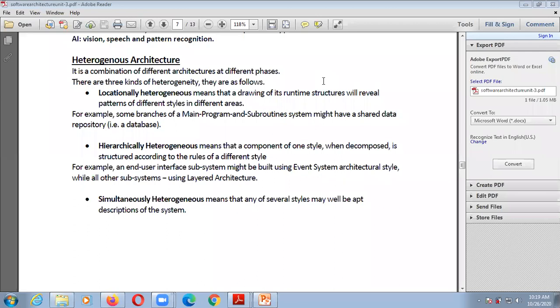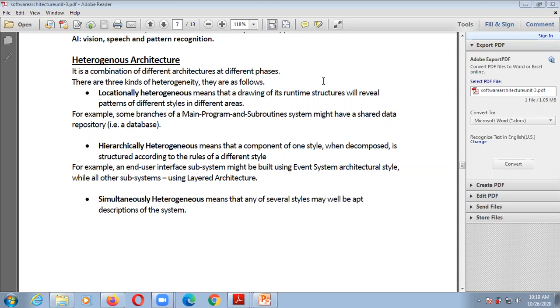So the second one is hierarchically heterogeneous. It means that a component of one style, when it is decomposed, is structured according to the rules of different styles. For example, the end user interface subsystem might be built using event system architectural styles, while all other subsystems use layered architectures.